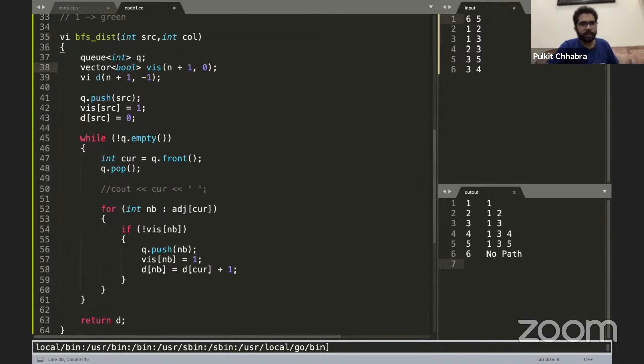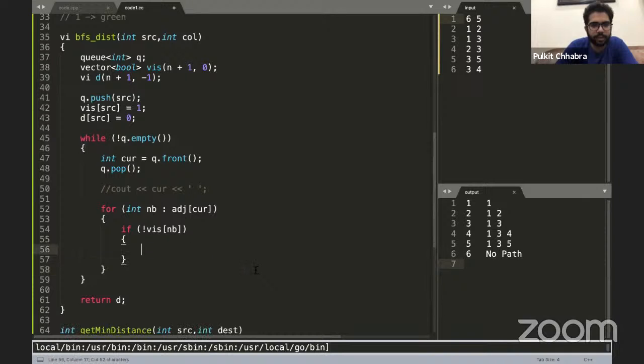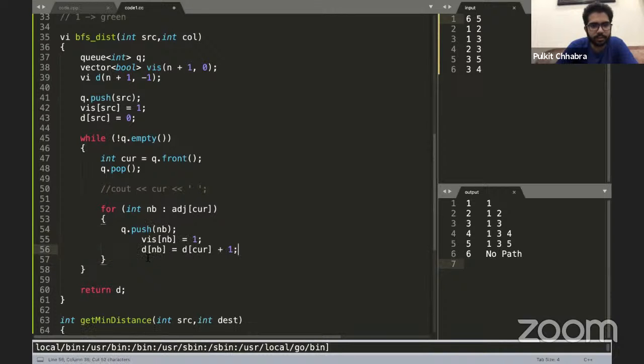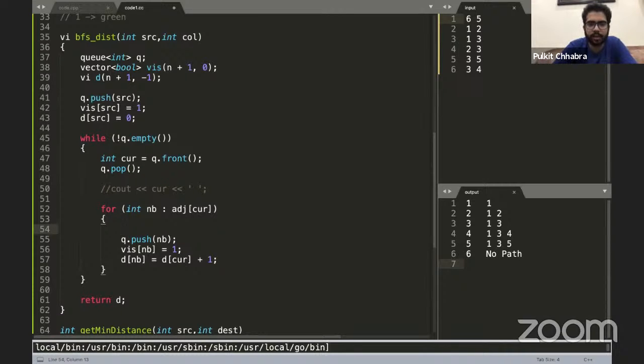So now I have this queue, I have this visited array, and so on and so forth. Everything is fine, but initially, if you notice, I had these things, right? So when trying to push the neighboring nodes to the queue, before pushing the nodes, what I'll do is check whether the current node has already been visited,